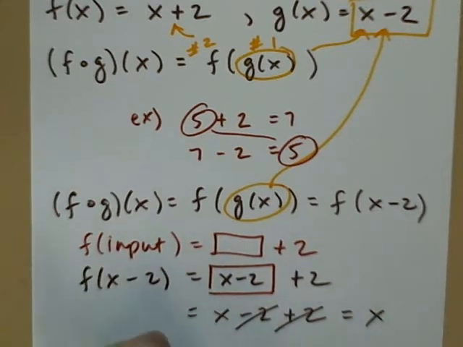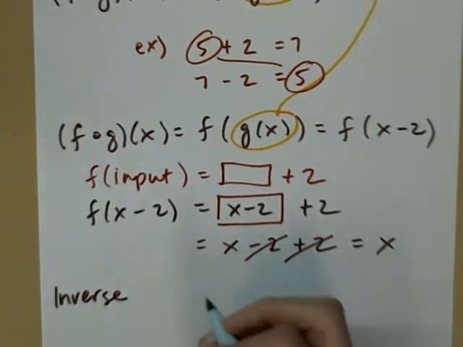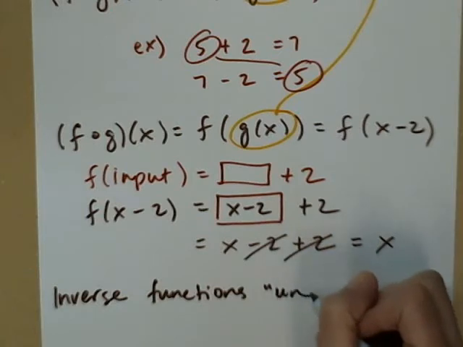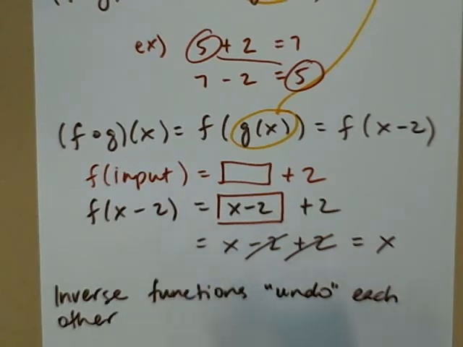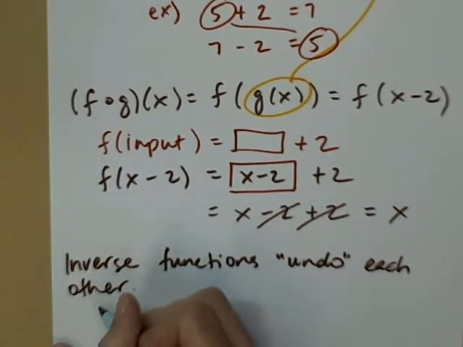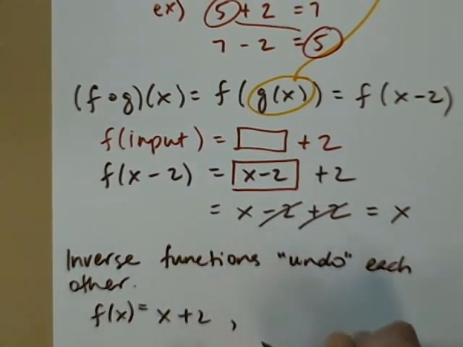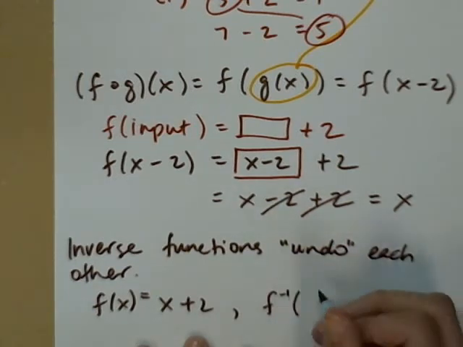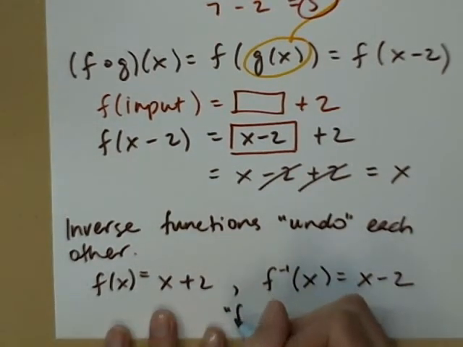Well, we call these two inverse functions, and they're inverse functions because they undo one another. So inverse functions undo each other. So we can really rename this. We had f of x equal to x plus 2. We called the other function g, but let's call it f inverse. So by putting that superscript -1, we can use the language that goes along with what it does. So I read this f inverse